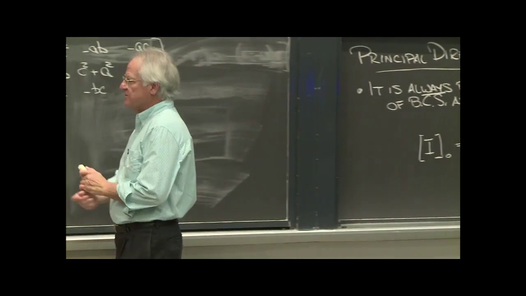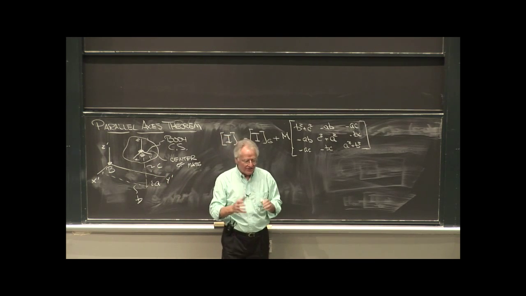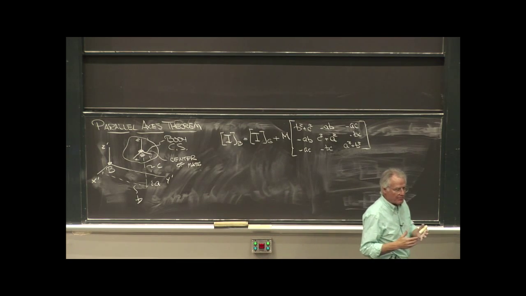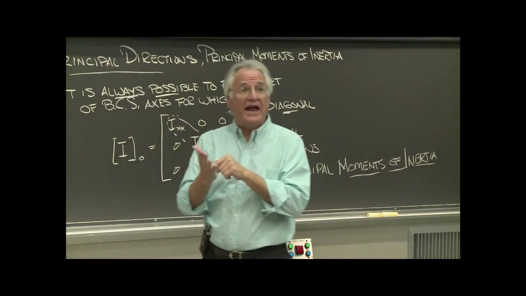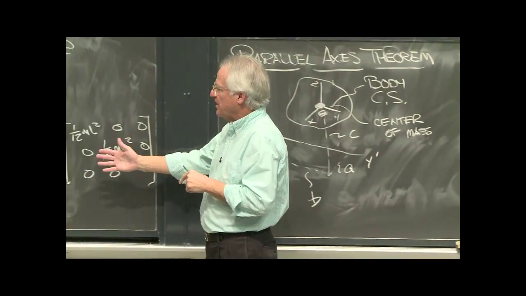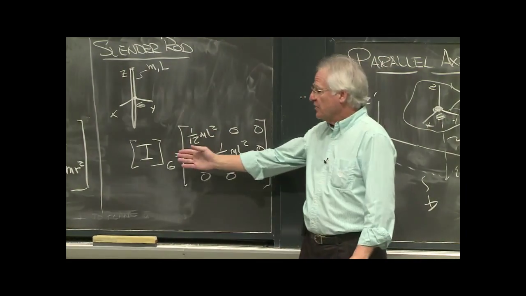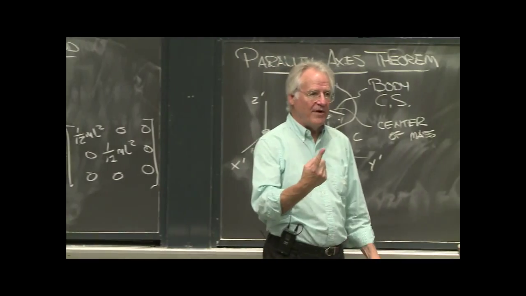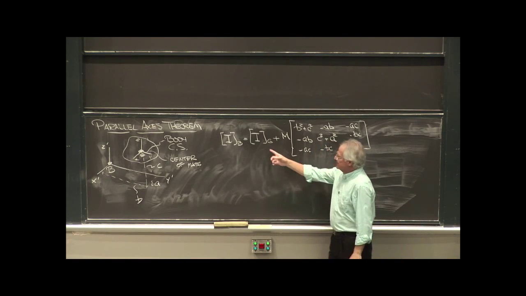What this diagram is intending to depict is the kind of situation you start with. Just like we did over there, you have an object, maybe a regular geometric shape, maybe irregular. Regardless, you have chosen the center of mass as the center of your body coordinate system, and you've done a calculation either from a table or SolidWorks. You've figured out what the moment of inertia of that object is for its center of mass and a choice of body coordinate systems. That's this